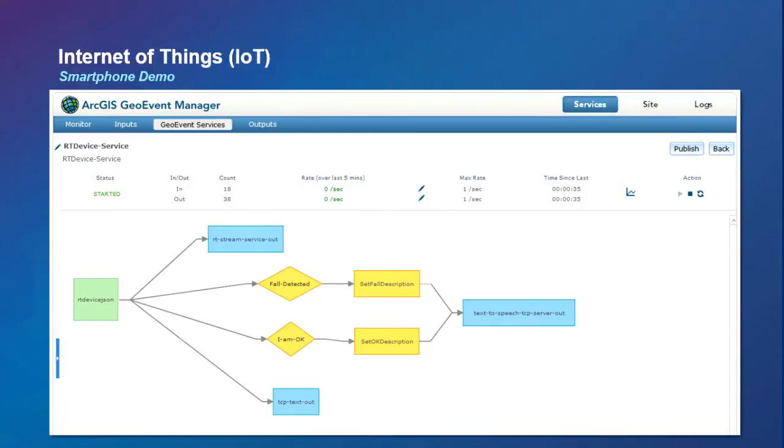You see my phone sent data remotely to the input called RT device JSON. So it's using JSON format, sending from this phone, from my app. Then we have a diagram that I call a logic diagram, where I put filters and things. It's kind of like a circuit in electronics. Data flows from the left, passing through a filter, say if the reading from the accelerometer is more than certain values, I signify that as a fall. Fall incident detected. Are you okay?